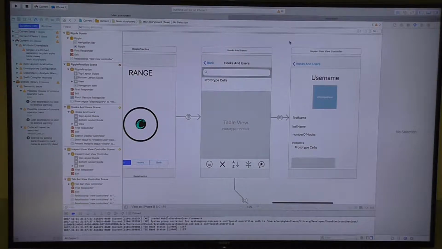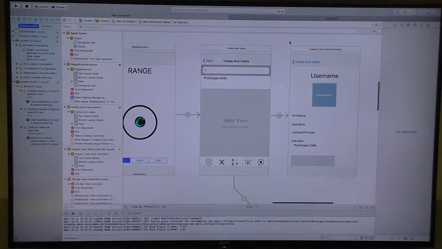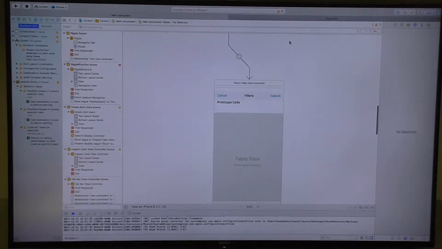So based on what you send, that's passed over to the hooks and user table view controller, and in there we have a search bar that didn't get full functionality, but we did add the filters. The leftmost filter uses the actual filter enum that was referred to earlier in the presentation, and it will load this entire table view with the count of the array of users or hooks.